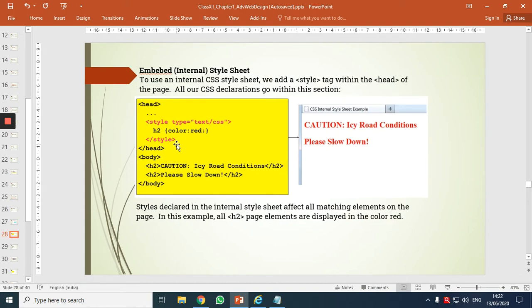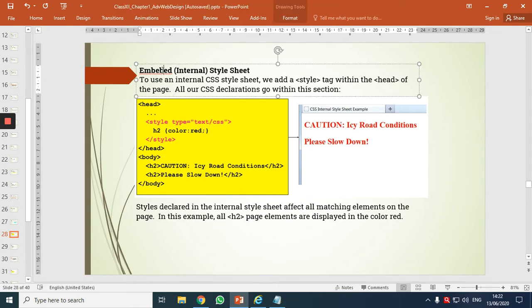Okay. I have given a small example here. See, embedded or internal style sheets. To use internal style sheets, we add a style tag within the head of our page, and all our CSS declarations go within that section.